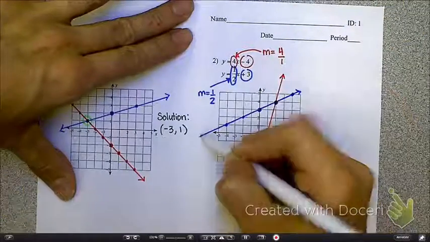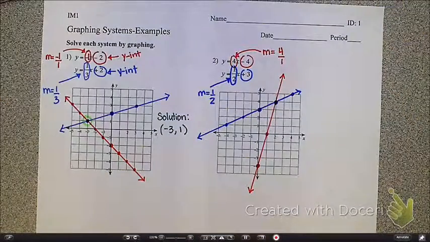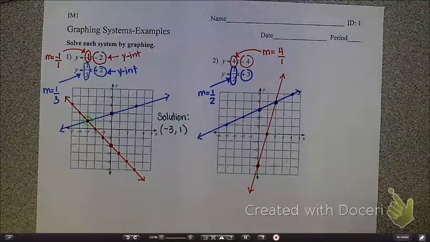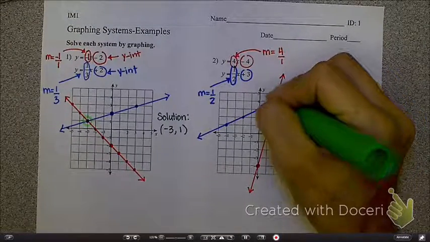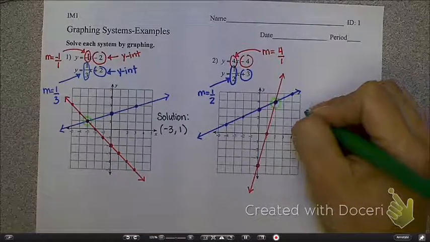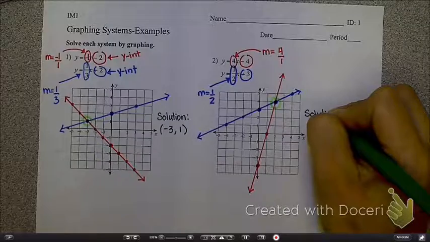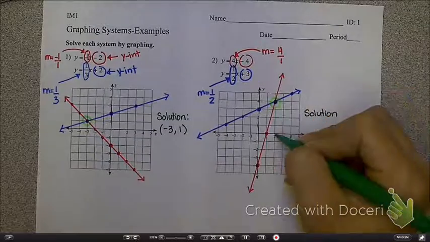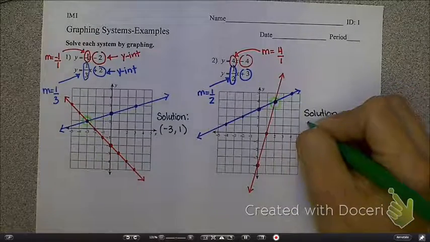Okay, now I want to identify the place where they are intersecting. So they are intersecting right here at this point. That's going to be my solution. So my solution for this second problem is going to be (2, 4)